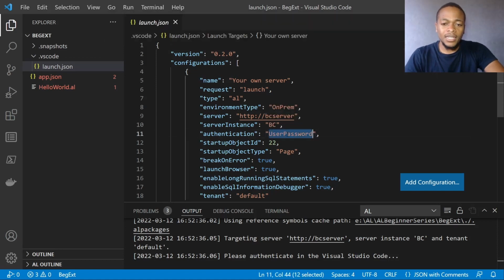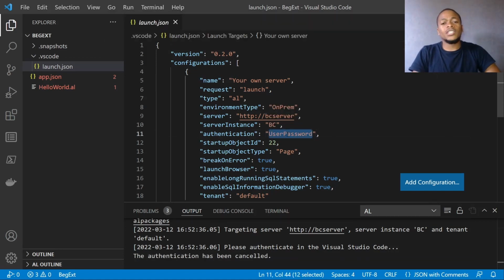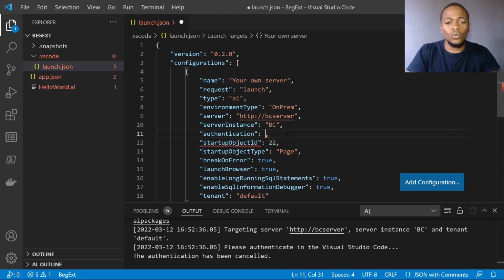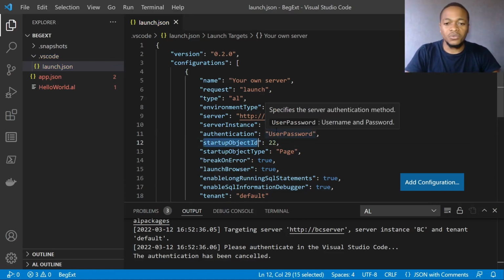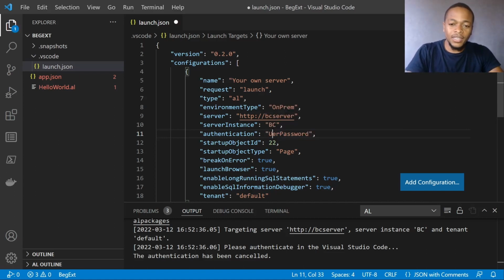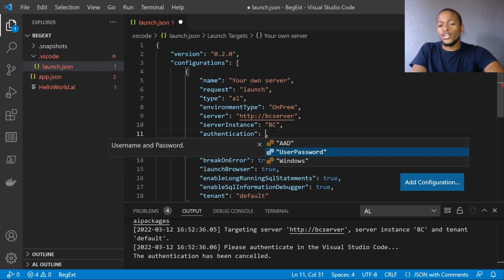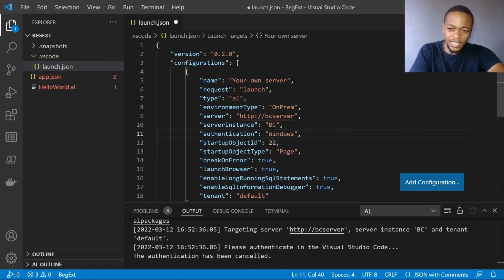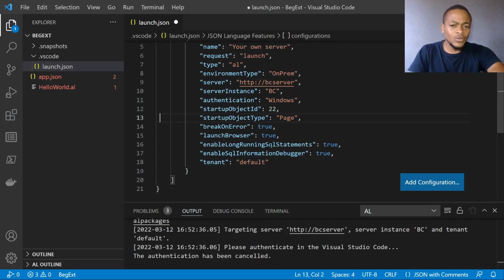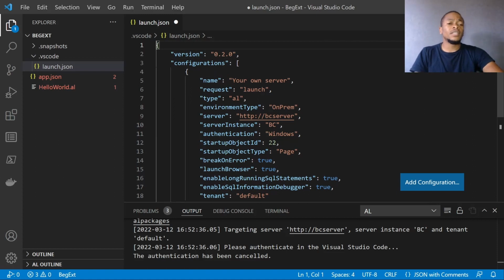Here we are. Since we installed the demo, the authentication will be, just delete the default one that is here. Let me go back to the launch.json file that will auto open after you have selected your own local server. Delete this file completely and hit Control Space, and then on the authentication choose Windows. Got it? After that, I believe that is everything that we need to change, because everything is default, including the